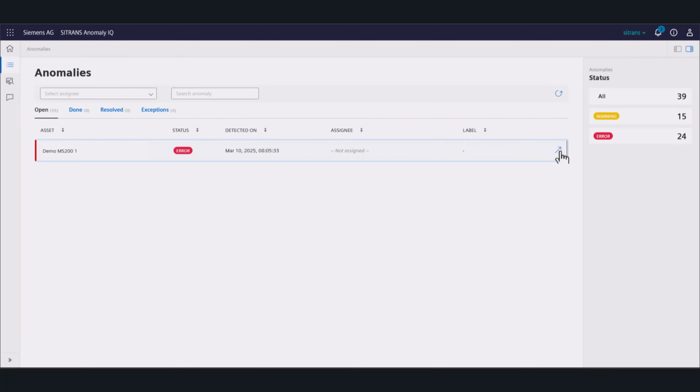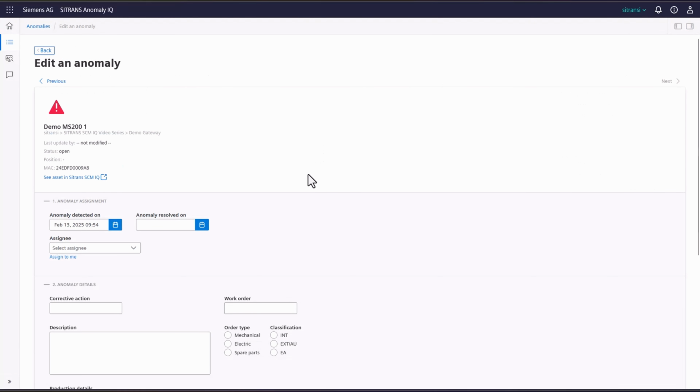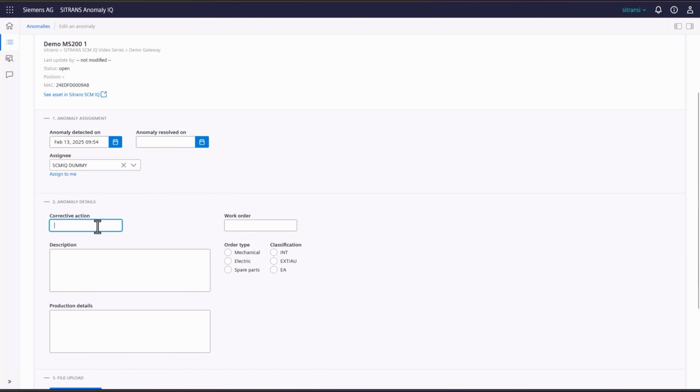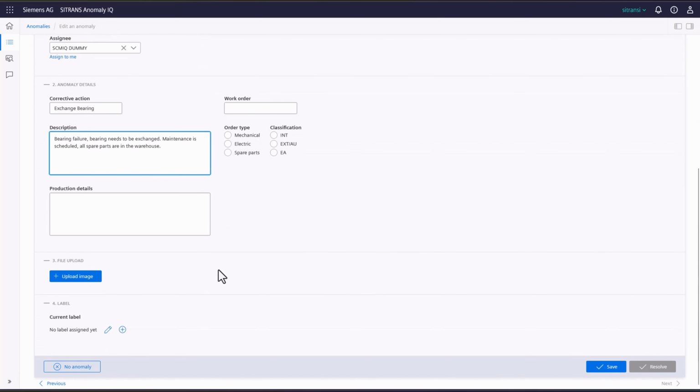Click on it and we are in the Edit mode. In the top area, as a maintenance worker, we can assign it to ourselves. As a team lead, you could assign anomalies to all your maintenance workers. In the second area, we describe the anomaly as clearly as we can. The third area is for useful files like an application picture, a manual, or similar. All information we attached here is not further used in the application and for internal use only.